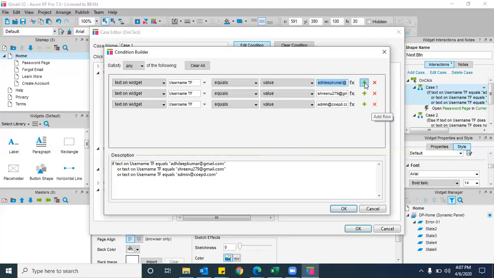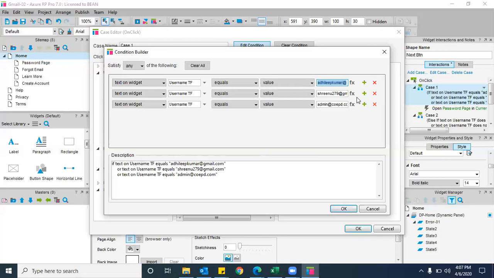See add row here on the desktop. Then click on plus symbol and repeat the same step. Whatever the step number is, write down the same step number. Repeat the step 3 or 4, whatever the step number is.